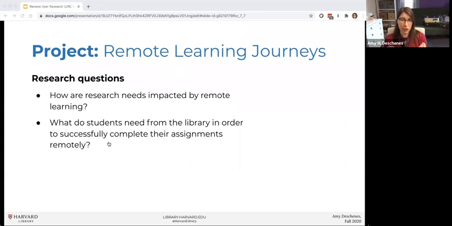We actually created 2 journey maps during the interview. The first one, we asked students to describe an assignment that they completed during fall of 2019 and talk us through the steps for completing that assignment, and then also talk about the tools they used. And then they were asked to talk us through an assignment they completed during spring of 2020 and, again, talk us through the journey. What were the steps in that process? And secondly, what are the tools and services that they used?